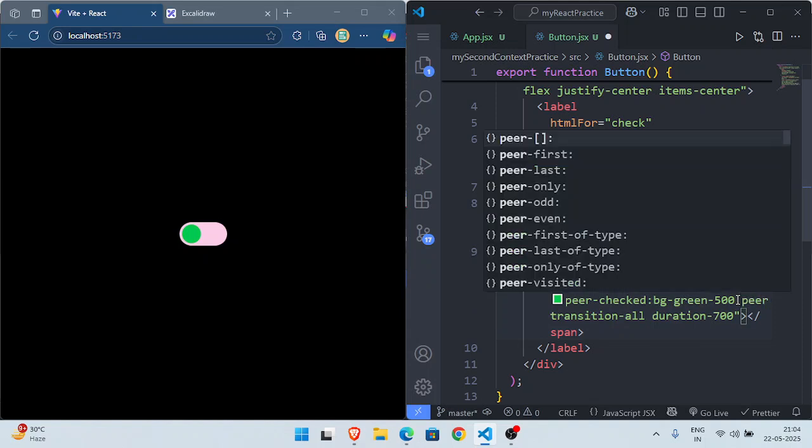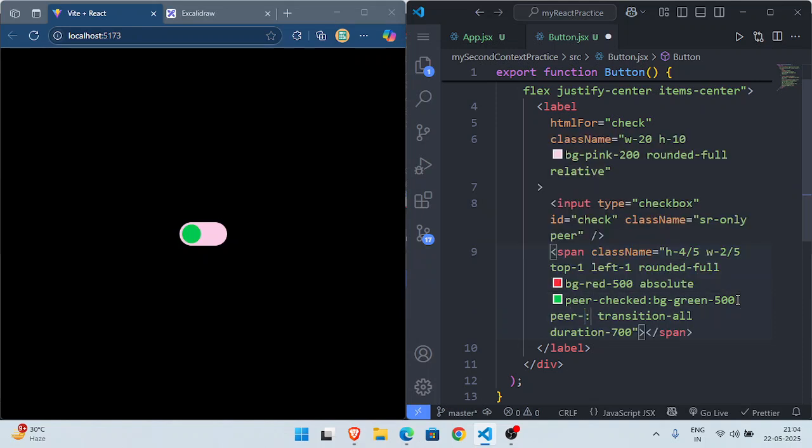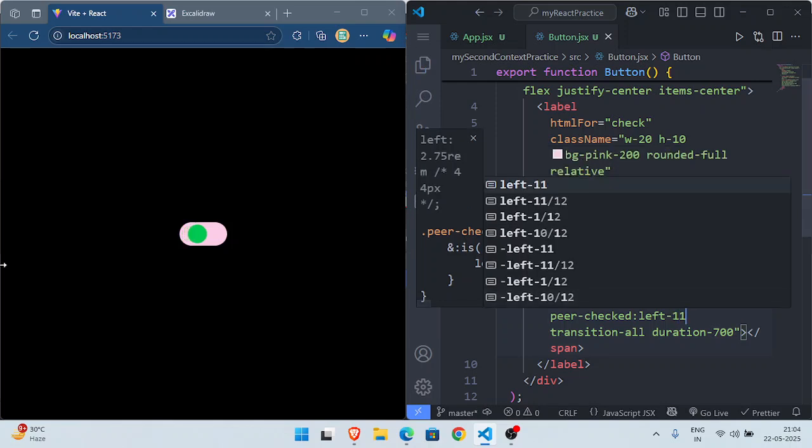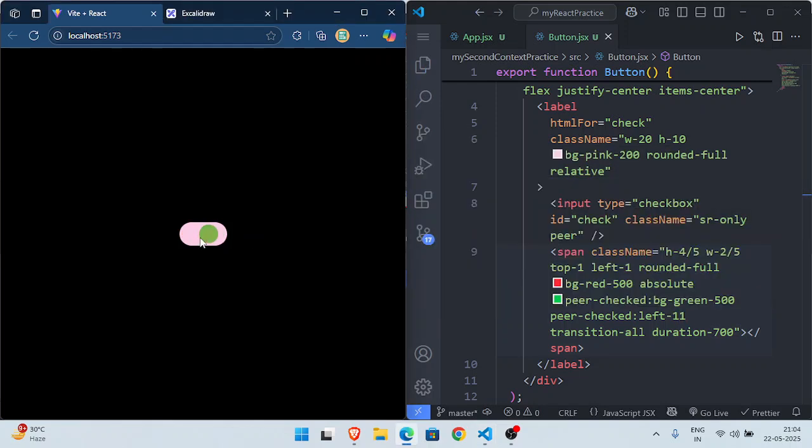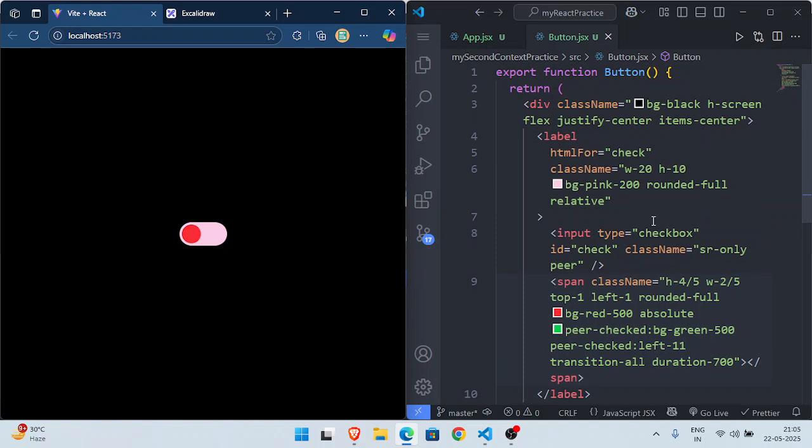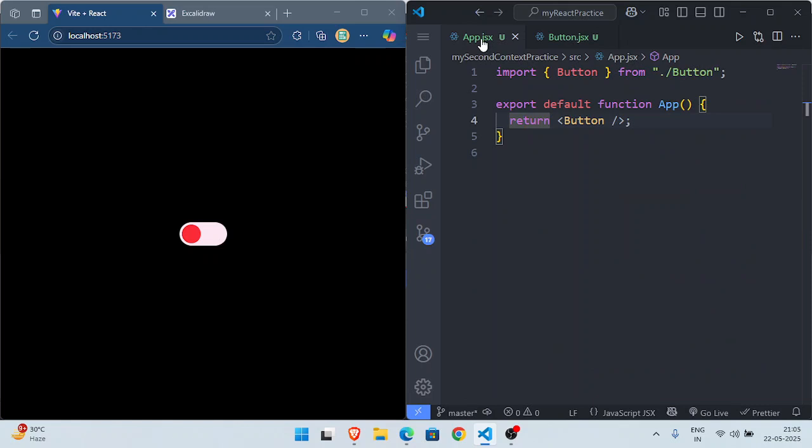So here, checked. When it is checked, left 11 would be fine. Yeah. Now when it is checked, it will go there and here. So yeah, I have created this toggle button successfully, and I will make this pink color much lighter, more lighter. Yes. Now I have to create the main, and now I will focus on my main thing, which was